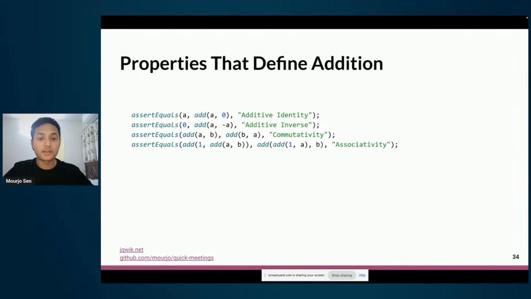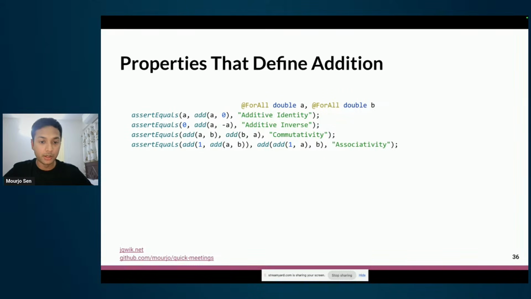These tests or assertions are not very different in terms of syntax or readability compared to the example-based test. The only difference is that these numbers, A and B, are not predefined. In an example-based test, what we were doing before is that we said, take these discrete examples, 1, 2, 5, 1.5, and then verify them. Whereas in property-based tests, we are not going to define those numbers. We are going to say that for any number A and for any number B, this should hold. And as such, there is an annotation in Java which says that for all values of A and for all values of B, these properties should hold.